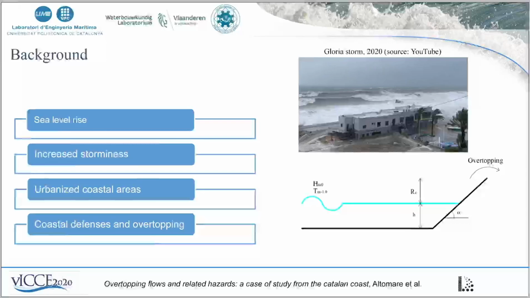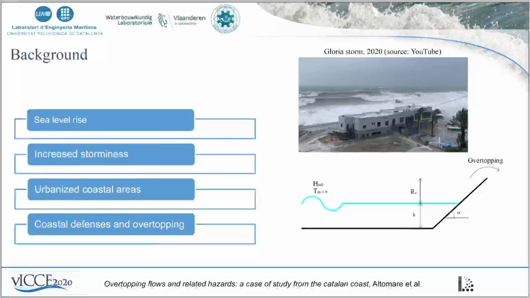more severe hazard, and this is very important because coastal areas worldwide represent the majority of the urbanized area. So most of the world population lives in the coastal zone. The main reason for flooding, and therefore even for casualties in coastal areas, is related to wave overtopping. That is still the major cause of this flooding.